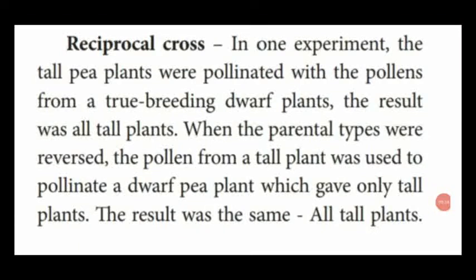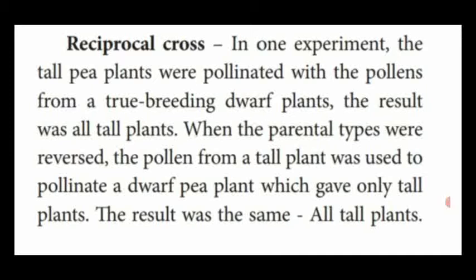Dear students, reciprocal cross. So in the first experiment, there is monohybrid cross. Mendel has taken only one character, that is the height of the plant, tall and dwarf. He has also chosen pure breeding plants. What are pure breeding plants? Over several generations, the hybridization process has taken place and they have produced the progeny. After several years, they have produced the progeny. They are named as true breeding plants.